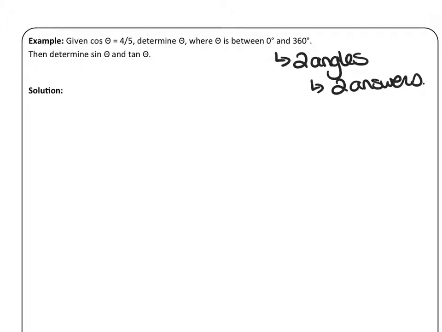The other thing I'm going to take note of, and I'm kind of going to highlight it, is that cos theta is 4 over 5. I'm noticing that it's positive. So then I think to myself, in which quadrants is cos positive? If you go back and look at it, cos is positive in quadrant 1,